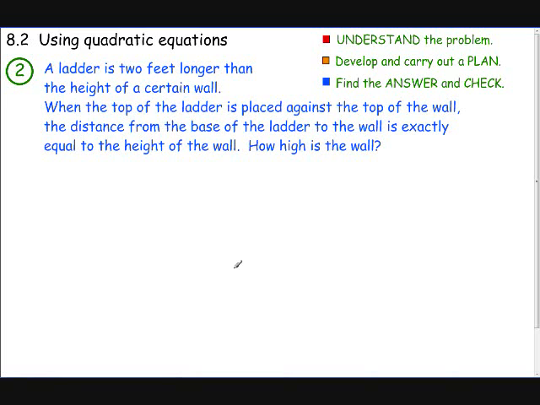We'll go on to another problem. Yeah, I know, I should have kept with it. A ladder is 2 feet longer than the height of a certain wall. Okay, so let's give ourselves a wall. We're going to assume that the wall is perpendicular to the ground. Ladder is 2 feet longer than the height of the wall. All right. When the top of the ladder is placed against the top of the wall,